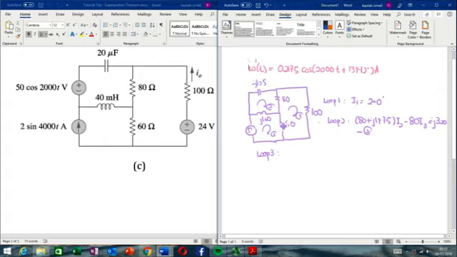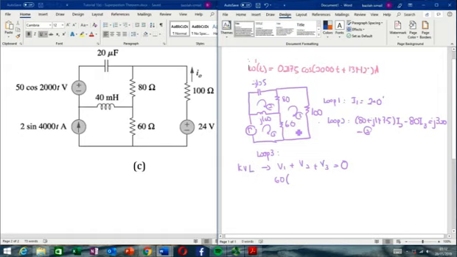Okay, so for loop 3 we have V1, V2 and V3 again. V1 plus V2 plus V3 equal to 0. So this is the basic KVL. Okay, so for V1, so 60, substitute the Ohm's law, so 60 for current, the current, since 60